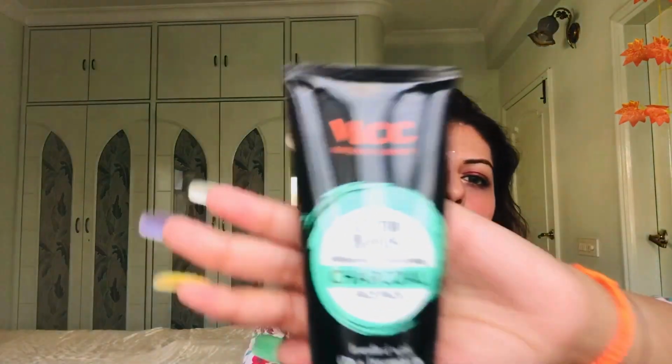Because of that reason, a few weeks back I went to a departmental store to try out a charcoal face mask, because there has been so much hype about charcoal products. I wanted to try it myself. I was a little apprehensive about trying a charcoal peel off face mask, because it really hurts the skin, and just before the festive season I never wanted to take any kind of risk as far as my skin is concerned, because what if I break out? So the person at the counter suggested that instead of a peel off face mask, why don't I go for a face pack. So yes guys, today I'm going to review